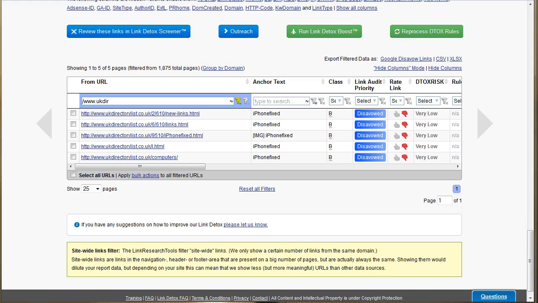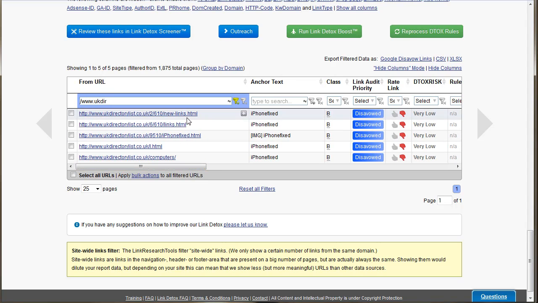Okay, this was bothering me slightly, this UK directory list with the strange wildcard subdomain. I've just done a search for that, and I've found these 5 links here that I'm going to check if they're indexed by Google.